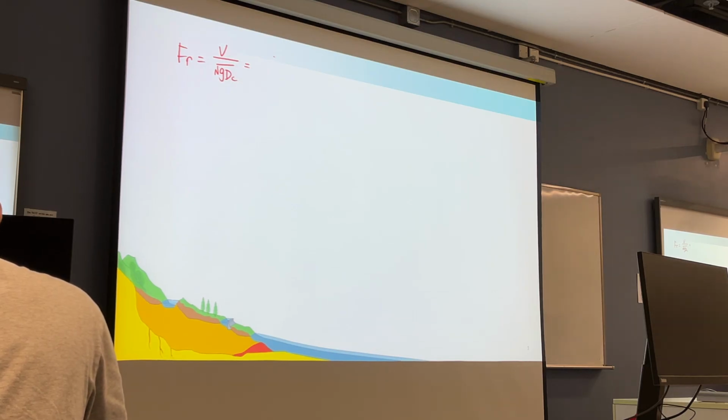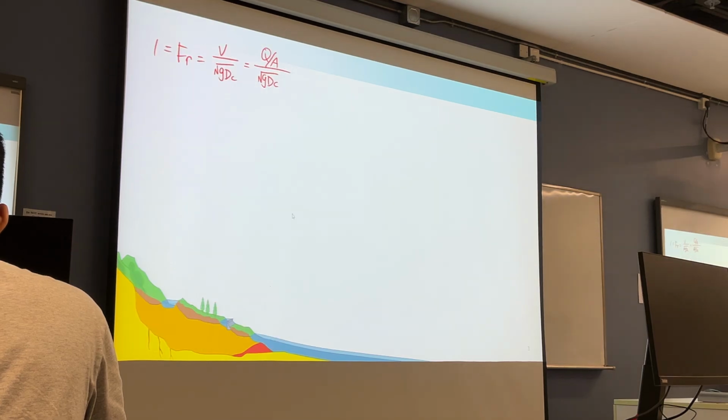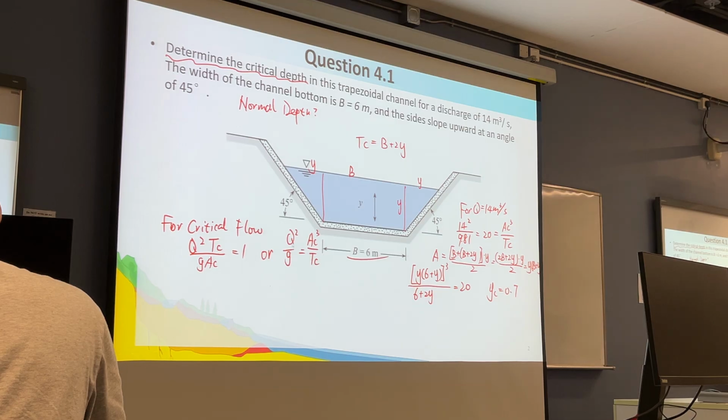the V can be determined by Q over A, all right? Square root gD_c. So if the critical flow, it is equal to 1 for this situation. But this equation is actually the same as this one, okay? So it's nothing different, it's the same actually. But we are going to calculate the normal depth,